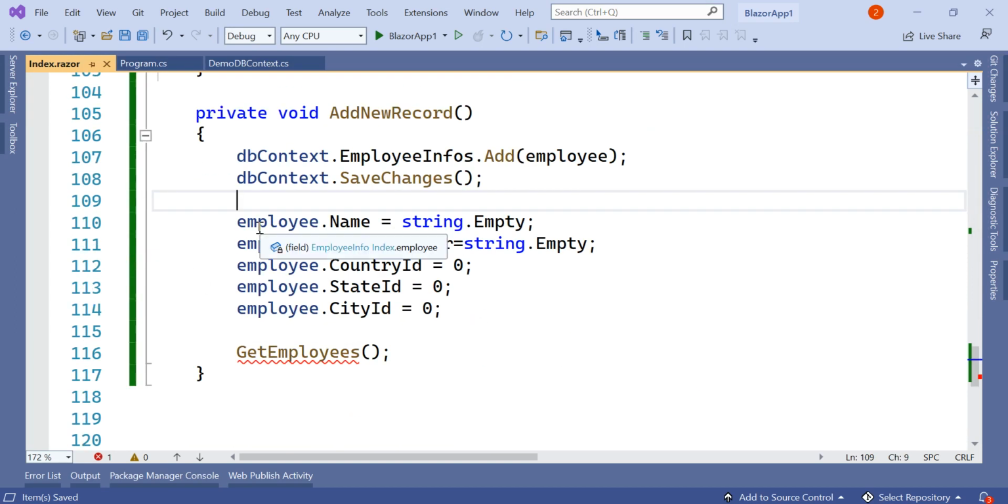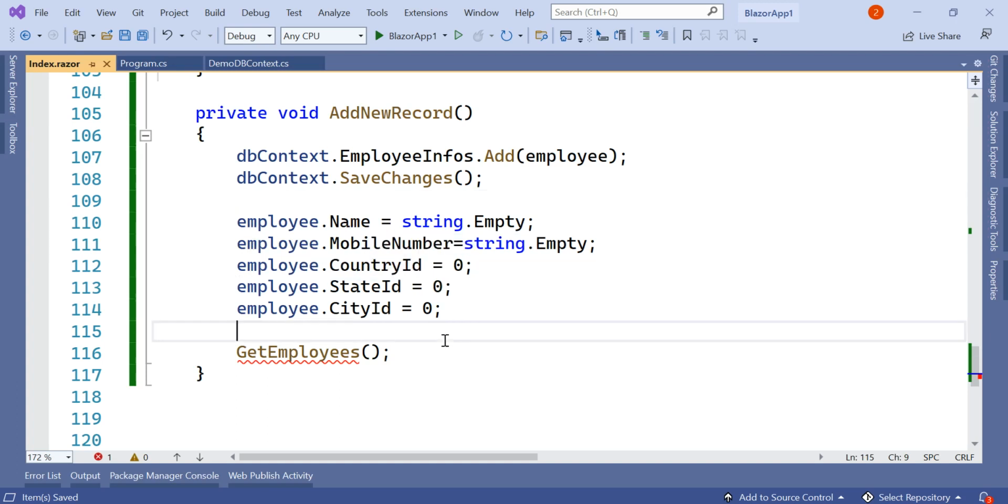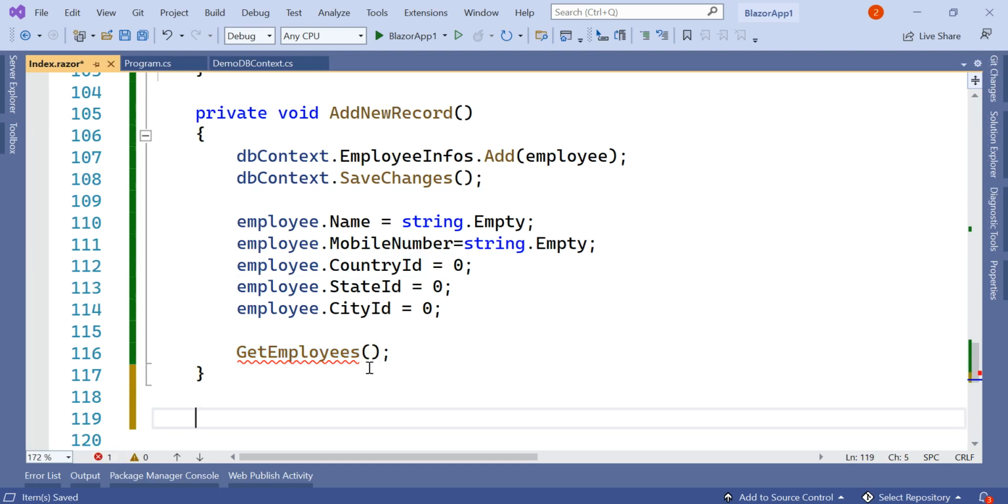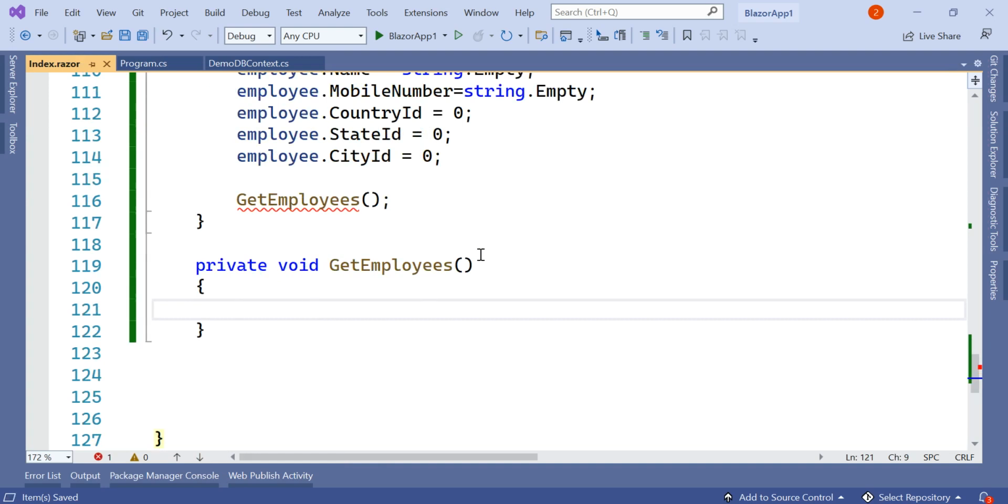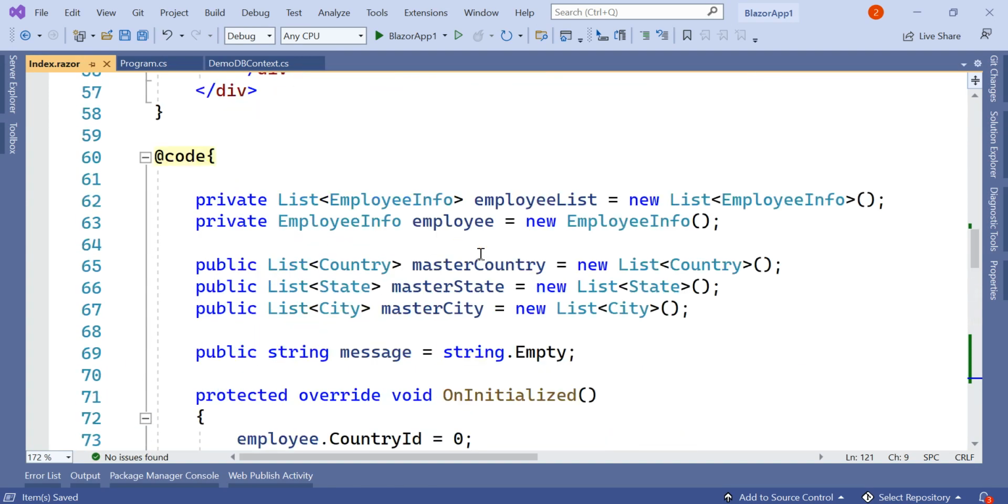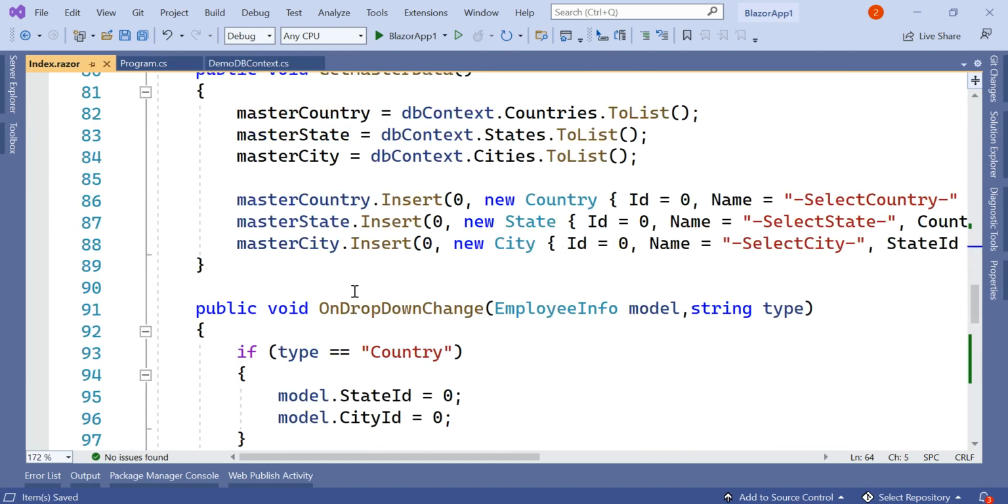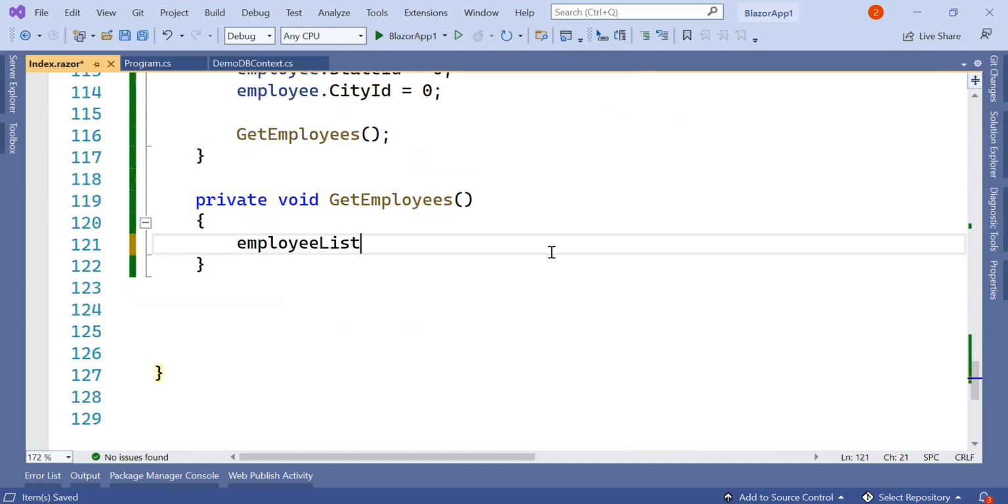And here we are resetting everything to the previous value, like employee name, mobile number, country ID, everything. At the end, after adding, we have to call this get employees. So we'll create a method to get employees. If you see here at the top of this code, we have this employee list. Whatever employees have been added, we simply have to get it and assign it to the list. So employee list equal to db context